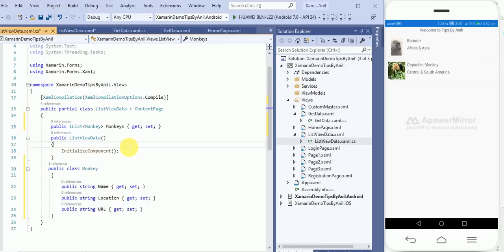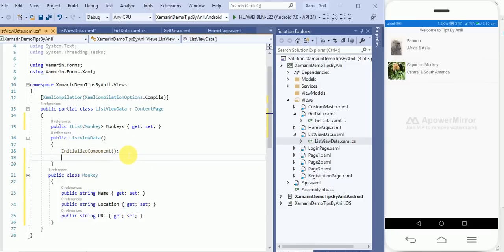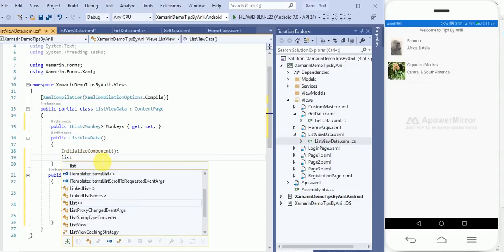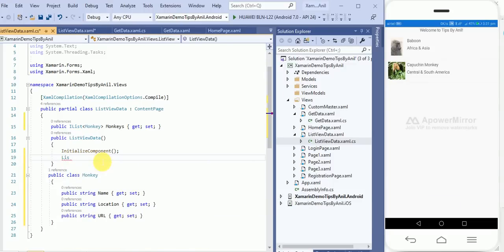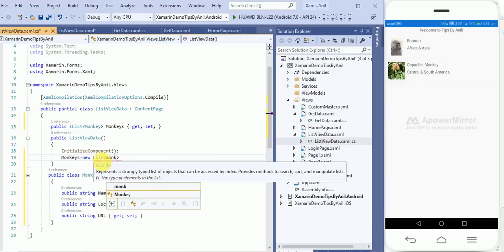Now this list we have to convert into a generic collection List. So Monkeys equals new List, and we pass the class name.